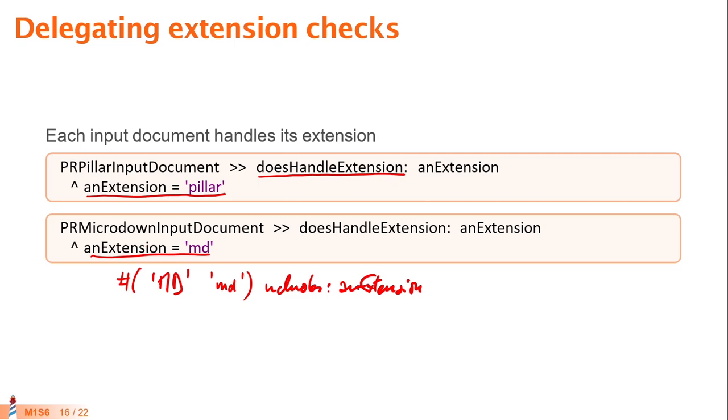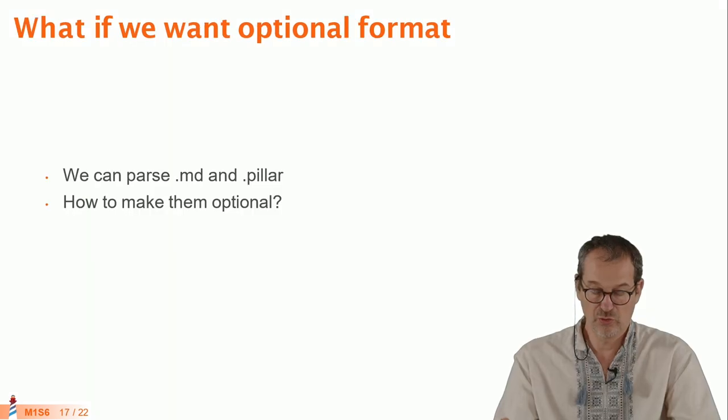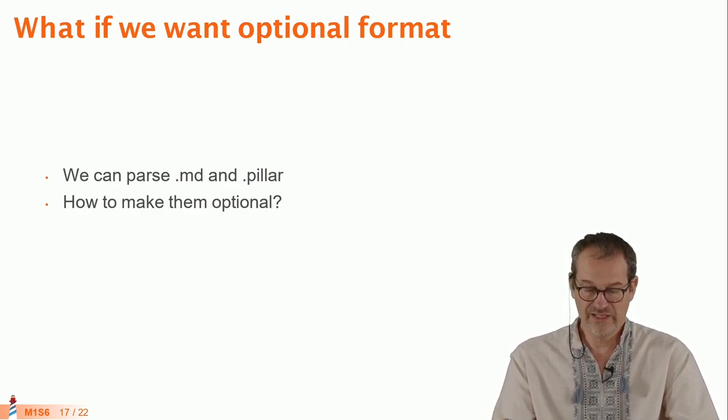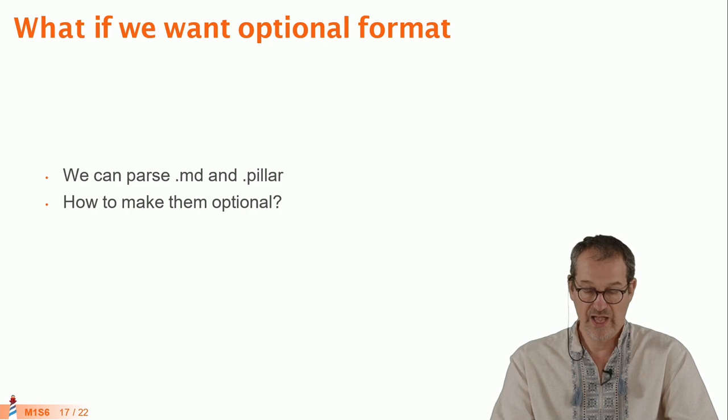But again, what you see is that we pushed this behavior, which was central in one place before, in the output document, to the corresponding object. The object has the responsibility, and we are able to dispatch, and we don't make an explicit test. So then we got the following question: what if? So now we could parse MD and